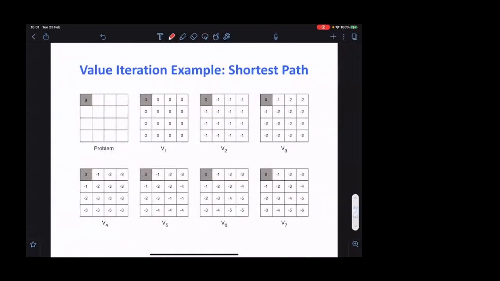Just to give you an example, let's say you got this maze as we explained, but here is a simple one. You just have this goal as your goal state. You initialize V1 as 0, and each time we do the value updates, you can find that the value changed, and the ones close to the goal state would have a higher